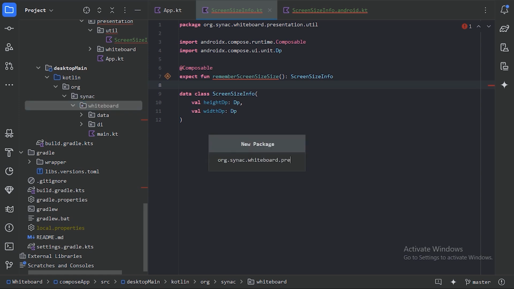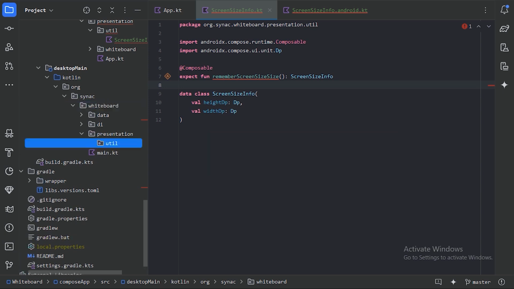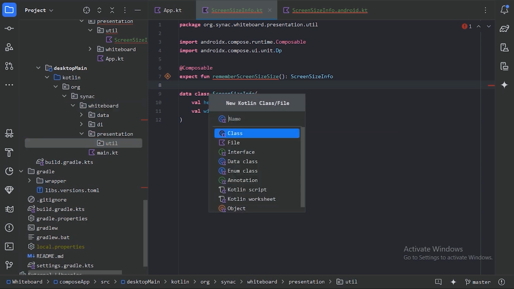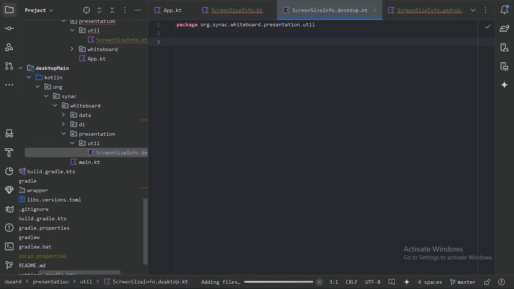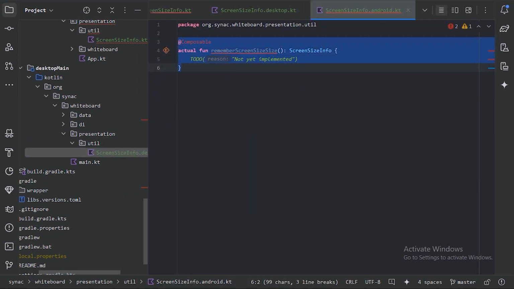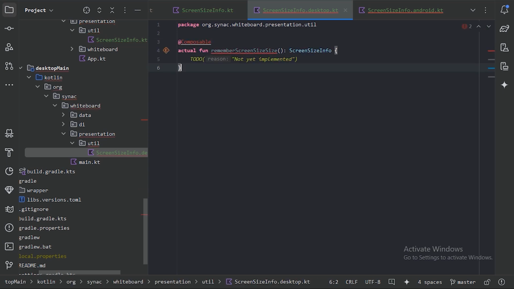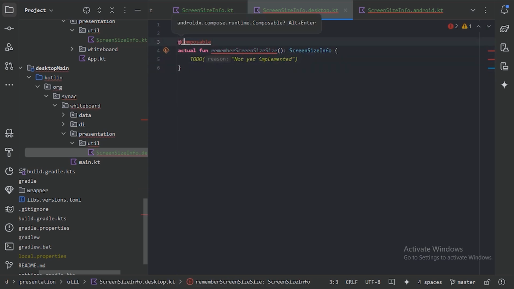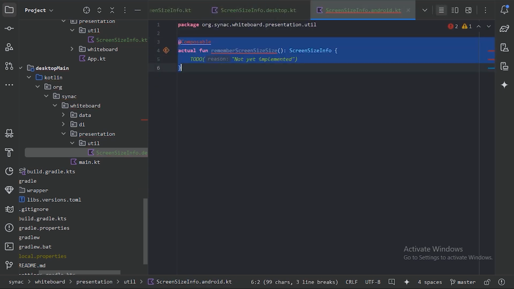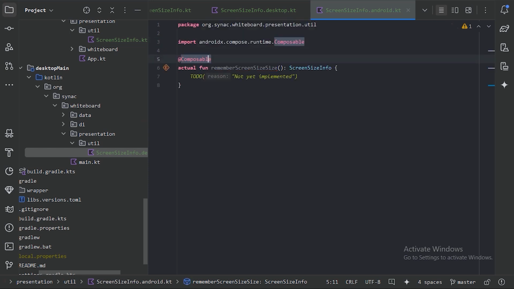Create a new package with the name presentation.util, and in this package we need one file with the name screen size info.desktop.kt, and this file will be similar to this. And here we can import this composable annotation, and same with here. First let's implement this,